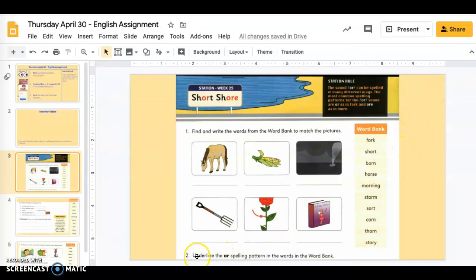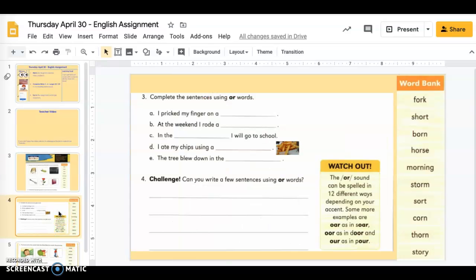If you're working in your book, don't forget to underline the OR spelling pattern in the words in the word bank. Then you need to complete the sentences using the OR words. I'll read the sentences for you. A. I pricked my finger on a B. At the weekend, I rode a C. In the I will go to school. D. I ate my chips using a